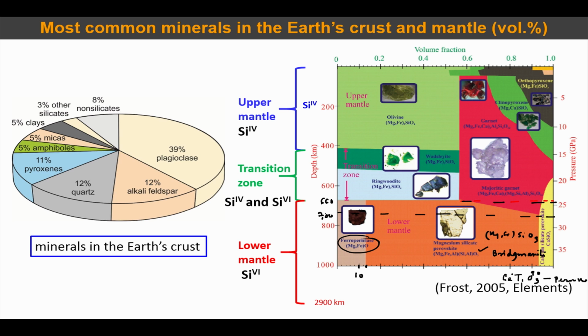So at the last 200 kilometer depth you will have another transition, and that transition is known as the post perovskite transition. So basically whatever bridgmanite we have, bridgmanite will change its structure, and this new structure is called post perovskite. Okay, so your mineral formula is the same, but the mineral will produce a